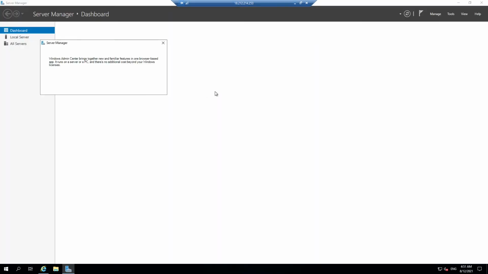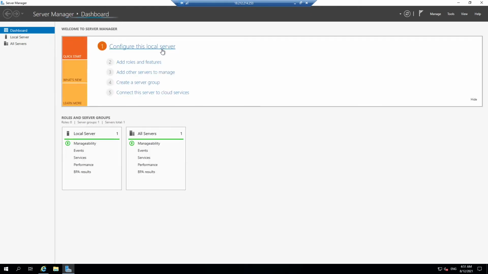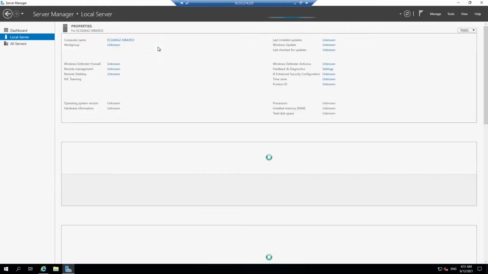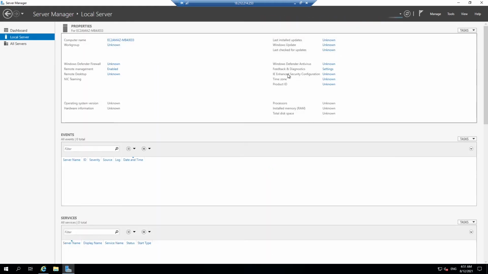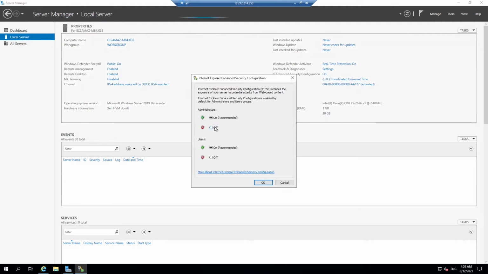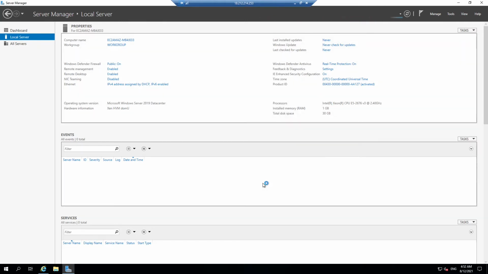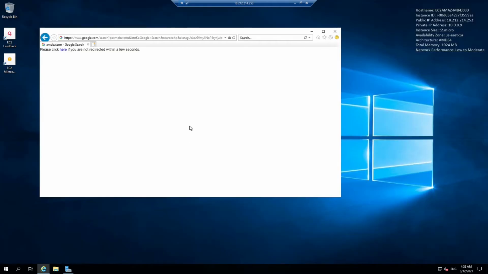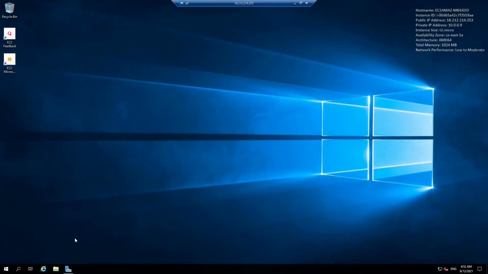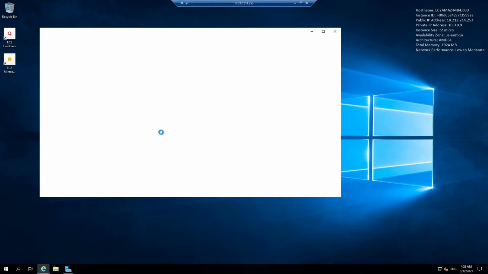Otherwise, we'll keep getting this internet warning. Here, choose IE Enhanced Security Configuration. For administrator, we are going to keep it off to avoid the warnings which we are facing for Internet Explorer.